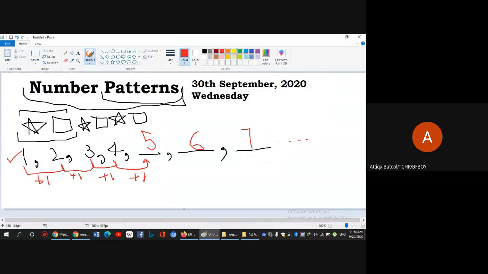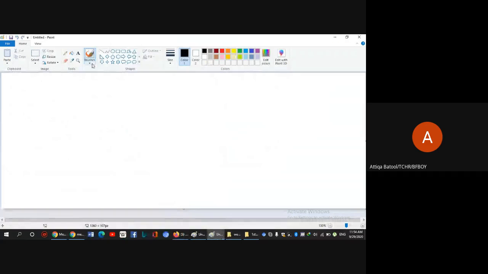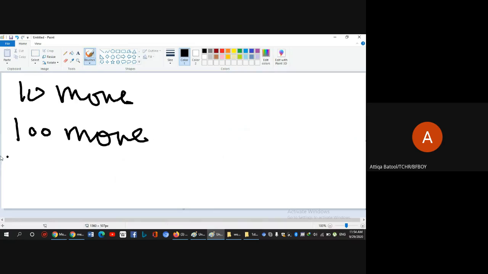Alright, as I have told you what number patterns are in tutorial 1, I'm going to explain that there are a few things which are also counted in number patterns but in a different way. What is that? Suppose you get statements as questions like 10 more, or 100 more, or 1000 more. A little hint I have given, we will just deal with tens, hundreds and thousands at grade 3.